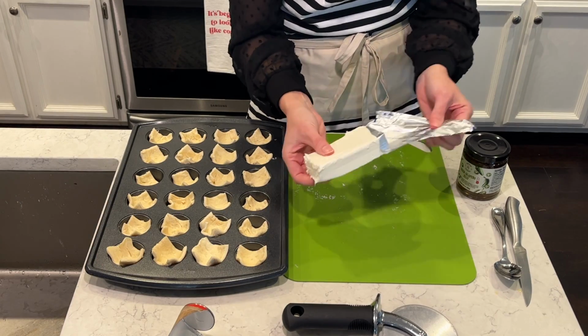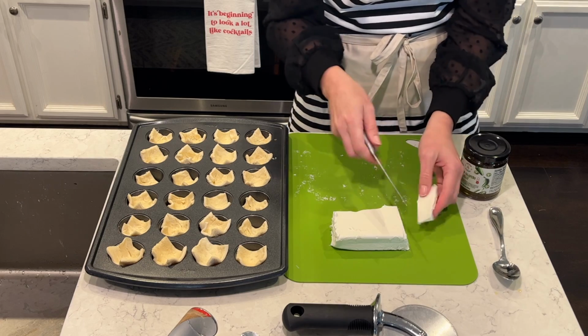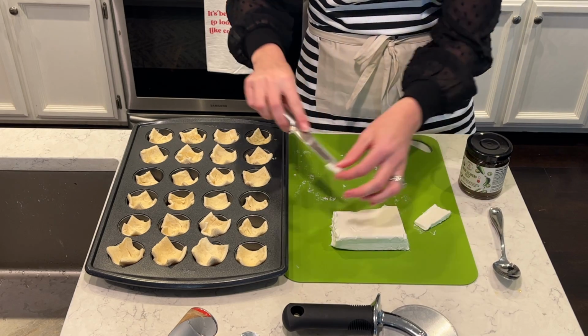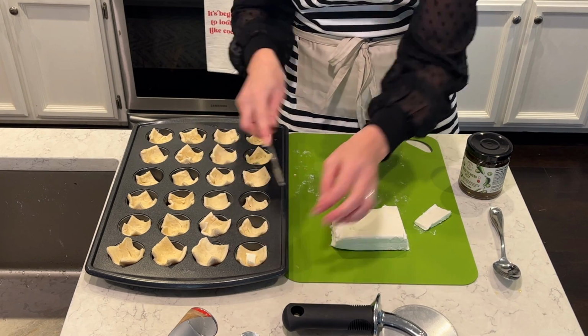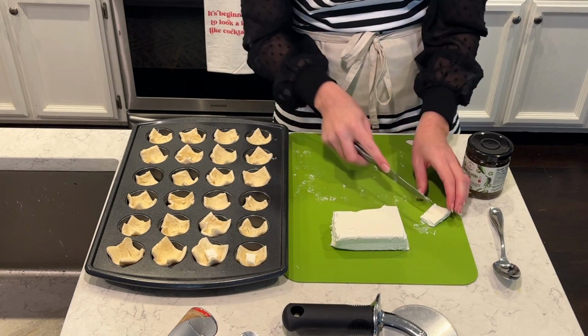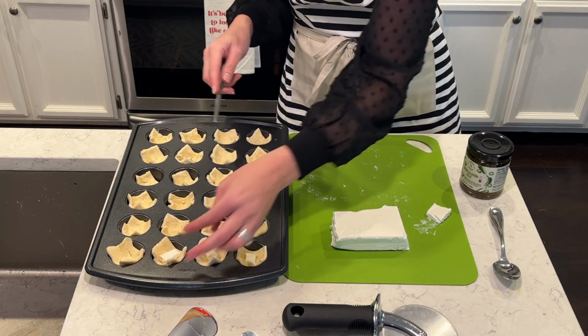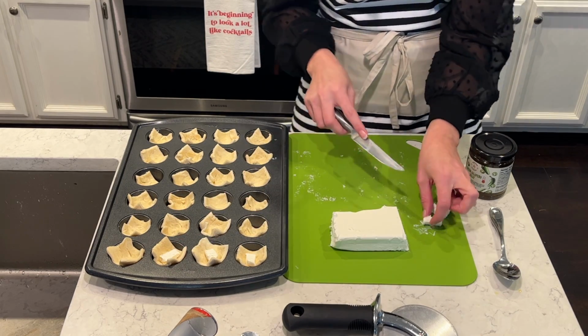So you'll want to serve most of these appetizers right away. They're just the best when they're hot and fresh, but really good and easy and crowd pleasing for sure. So perfect for your Sunday football parties. If you're hosting football parties or going to a football party, cannot go wrong with